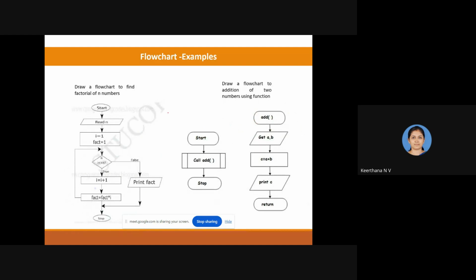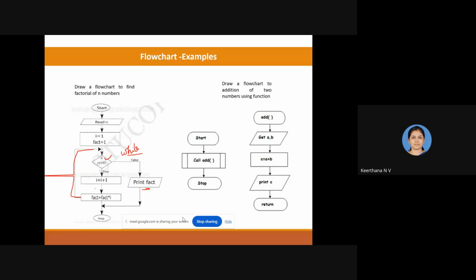So this is another example, for finding a factorial of a number. Here I am using a while loop. It means that I have to repeat the same function for calculating the factorial. I have to increment, calculate, again repeat, increment, calculate, again repeat. For that, I have used a while loop. That's why the condition is joining towards here. After this condition becomes false, the final factorial number will be printed and it will be